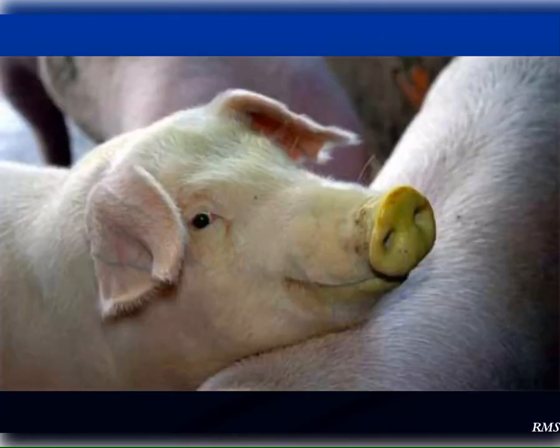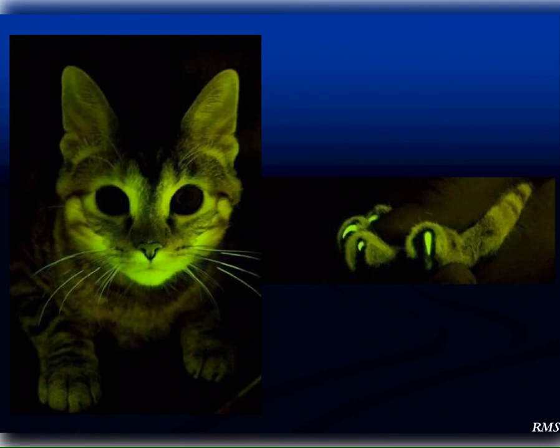We can take animals, insert them with the firefly gene and make them glow, like this pig, how you see it has a glowing snout. Or these cats that can glow in the dark. We can genetically manipulate literally anything by taking one gene and inserting it in another. Because if you look at the idea of fireflies or bioluminescence, being able to glow, it's a chemical reaction. There's an enzyme called luciferase, and if you tell an organism how to make it,